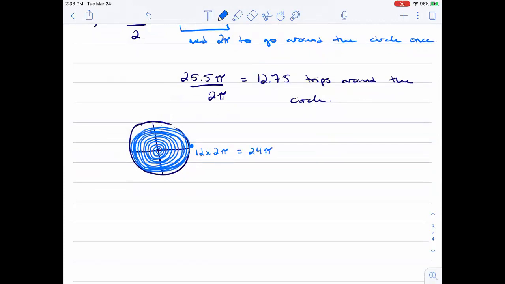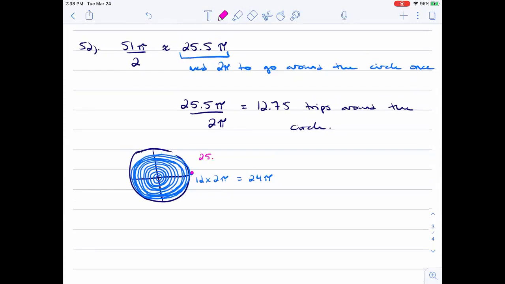So the distance that I need from here to the terminal point has to be 25.5 pi minus 24 pi. So 25.5 minus 24 puts me at 1.5 pi, which is really just 3 over 2 pi, or 3 pi over 2 if you prefer,